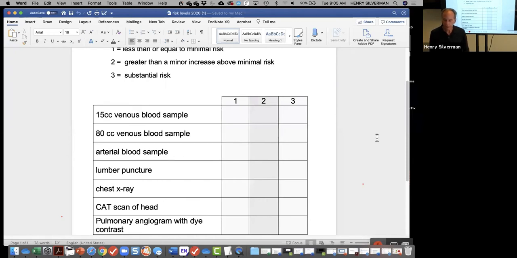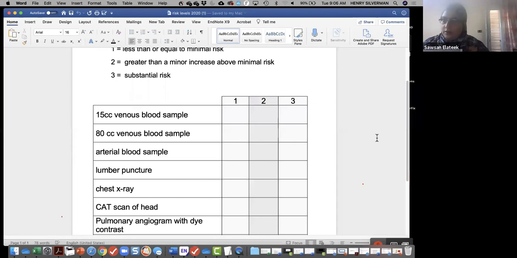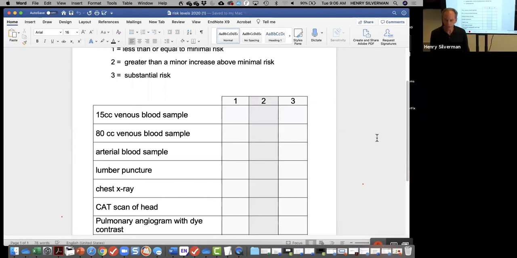There are other criteria that we'll talk about, but since minimal risk is one of the criteria for waiving the